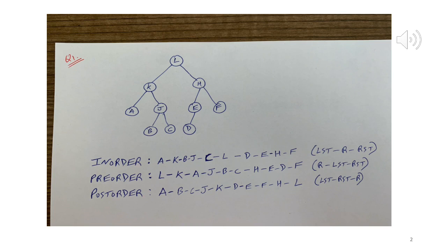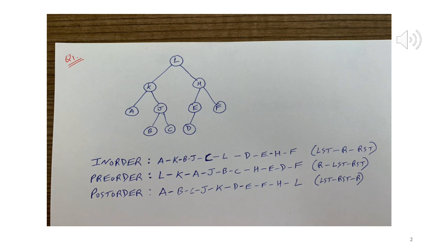First you have L, which means first node will be L, right, in the traversal, followed by LST, followed by RST. So for LST, with the node rooted at K, right, what will be the pre-order sequence? Again root, which is K, so L and then K, and then left subtree is just A, so then LKA, and then JBC again, root left right, so JBC, right?